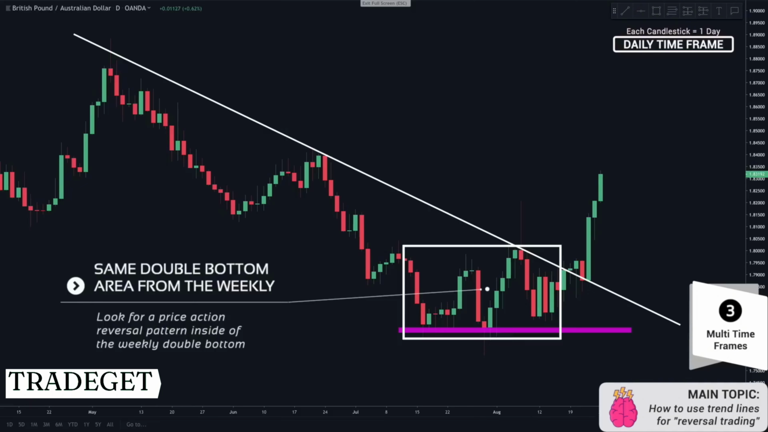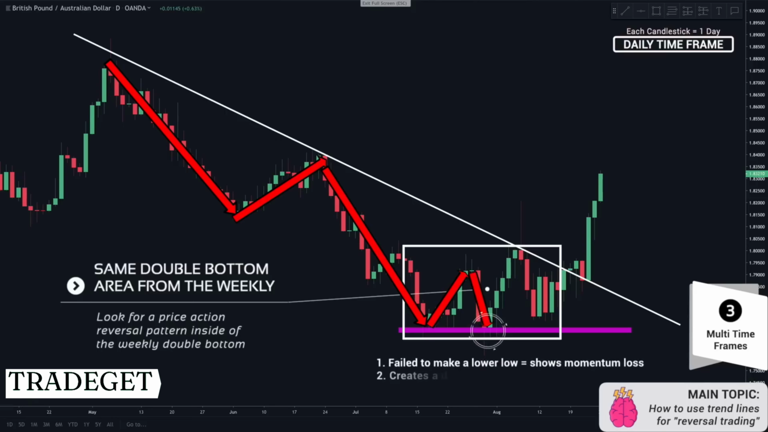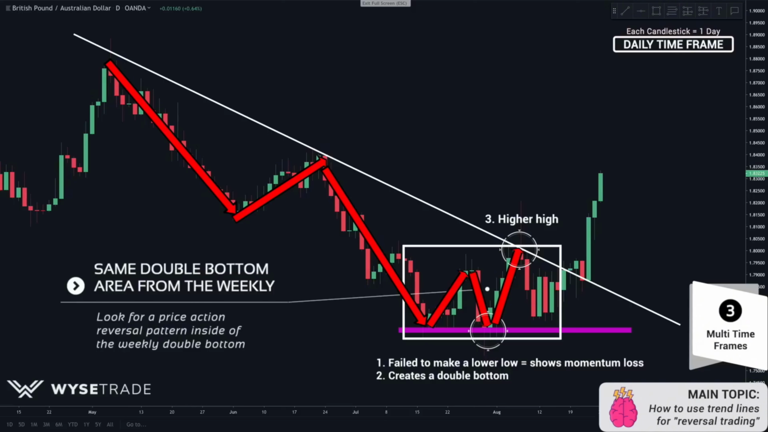You have your clear moving downtrend through the run, pullback, run, pullback, run. Price then failed to make a lower low and made a same low, showing a loss of momentum. So you have a double bottom inside of a double bottom. And then a higher high, which is the first sign of a possible trend change. You then had another higher low, which is another trend change signal. After you had your trend line